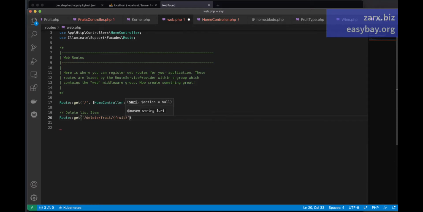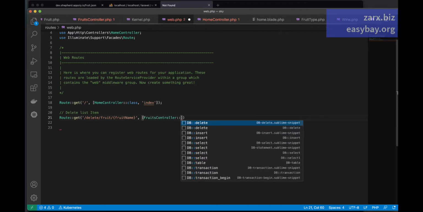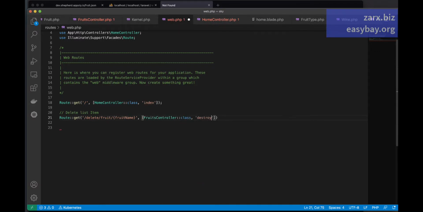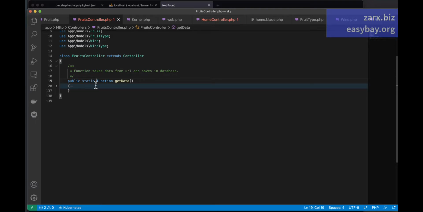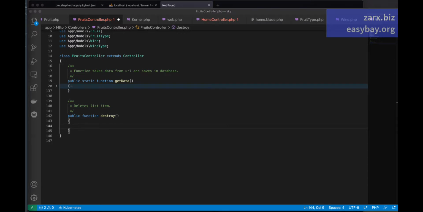Now the third one is going to be the fruit name, which is going to be dynamic, so we can call it like this, fruit name, and then comma, we need to call the controller. In an array, I'm going to call the fruits controller, as that is the one which is dealing with this. And then the destroy method. Currently we don't have that method there, so let's go back there, and I am going to create it. So we have destroy, and this is the function which is going to destroy